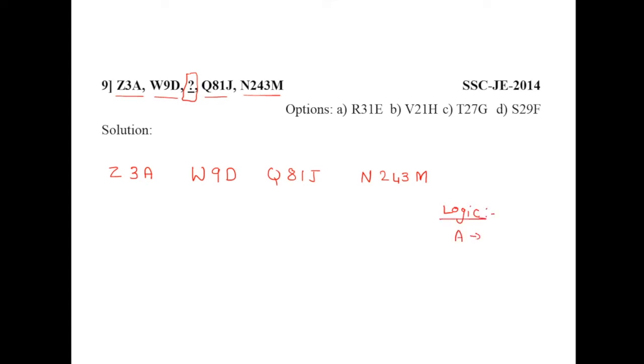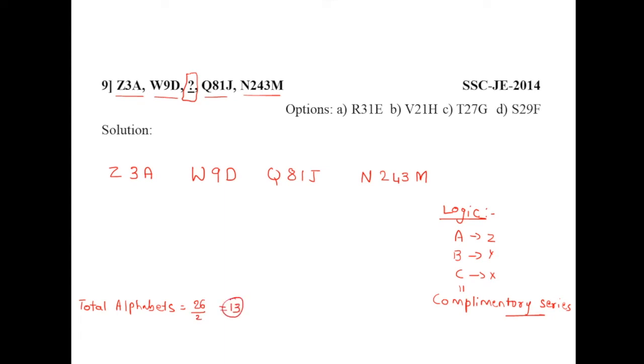There is one logic behind this: when you see A along with Z, or B along with Y, for example C along with X, these are nothing but complementary series. This is a complementary series problem. What does complementary series mean? In the alphabet we have 26 letters in total, and 26 divided by 2 is 13.